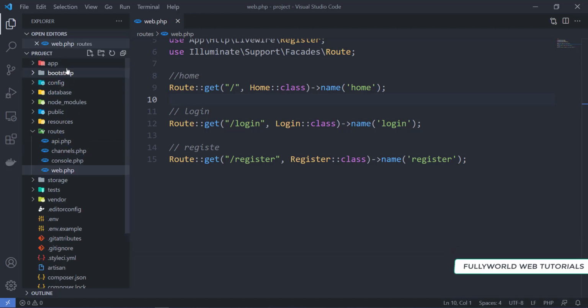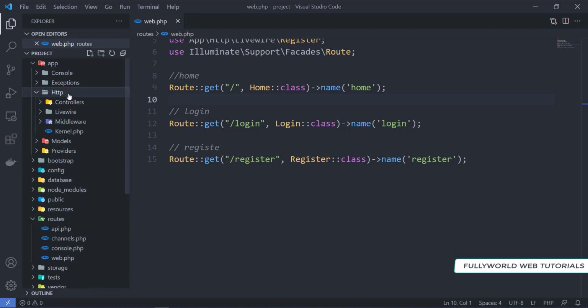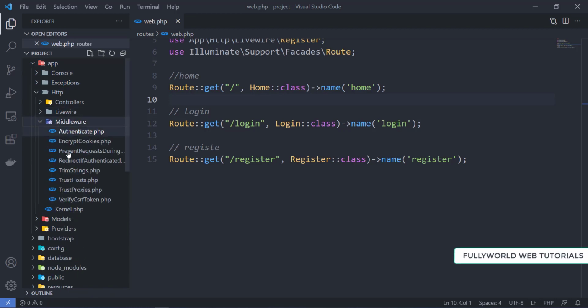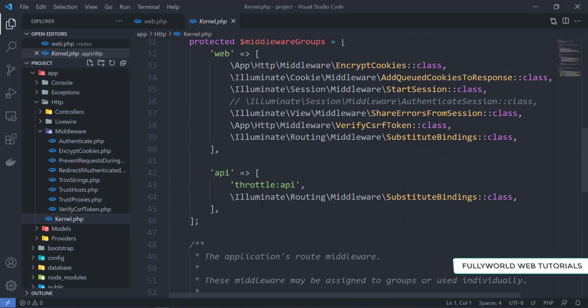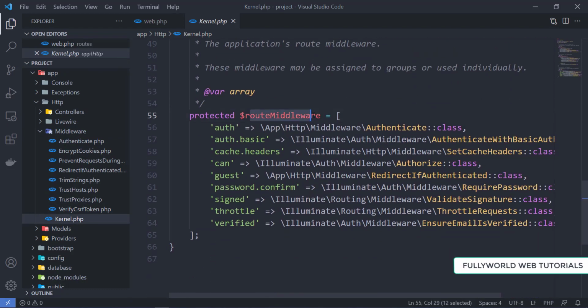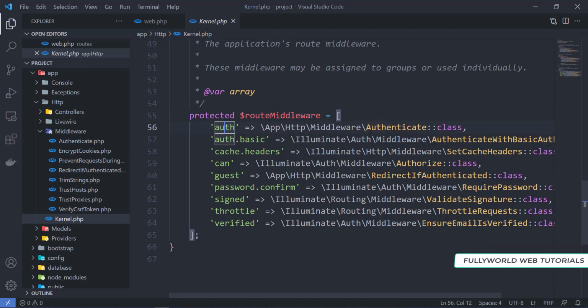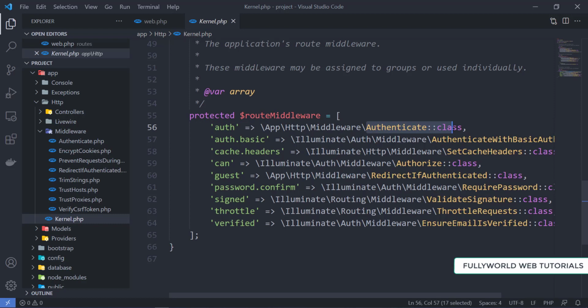When you go to app, then HTTP, and under middlewares, or you can go to the kernel.php, you will see in the route middleware that auth is present and it represents the Authenticate class.